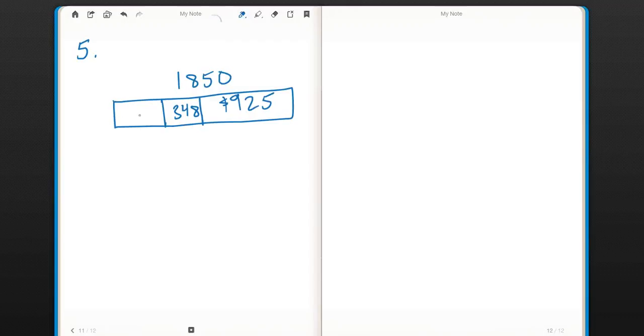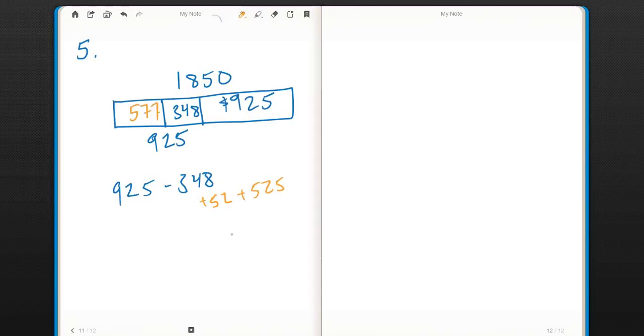All right, so basically what we want to do is find this number and multiply it times 12. So how do you find that number? Lots of ways, right? You could add these two together and subtract it from 1,850. Or I could realize that these are equal halves, so this part is 925, and I could do 925 minus 348. Personally, I wouldn't even necessarily write it down. I need 52 to get up to 400, and then I need 525 to get up to 925, so that gives me a total of 577